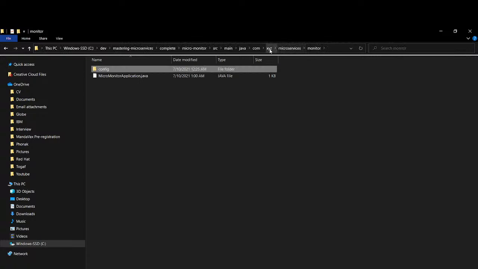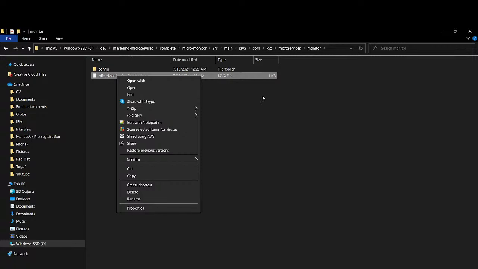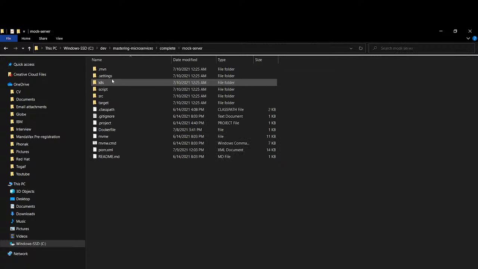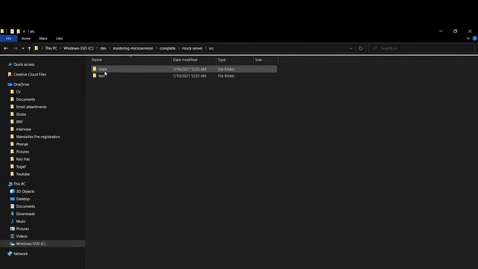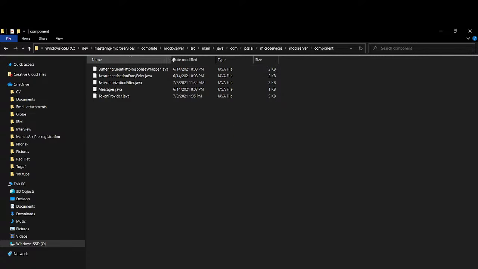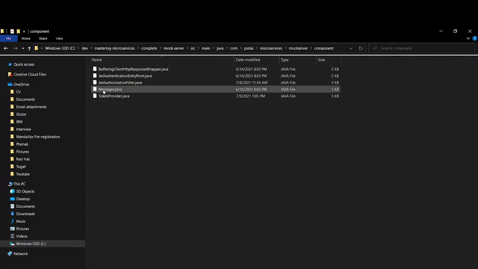Oh, okay, I'm missing something there. Okay, for the other examples, we have them complete here. For example, we have a token provider, a JWT authorization filter, authentication entry point, HTTP response,